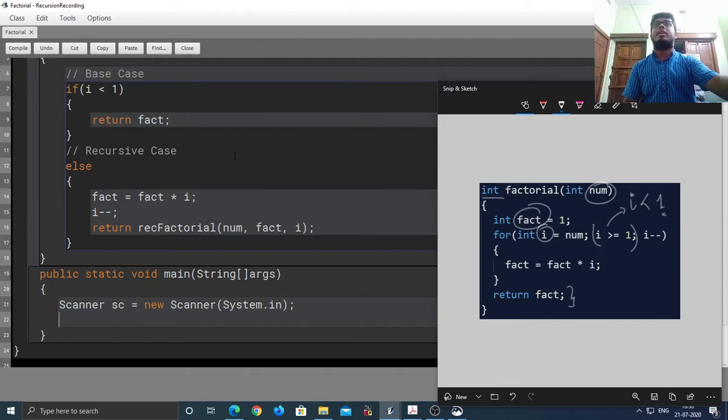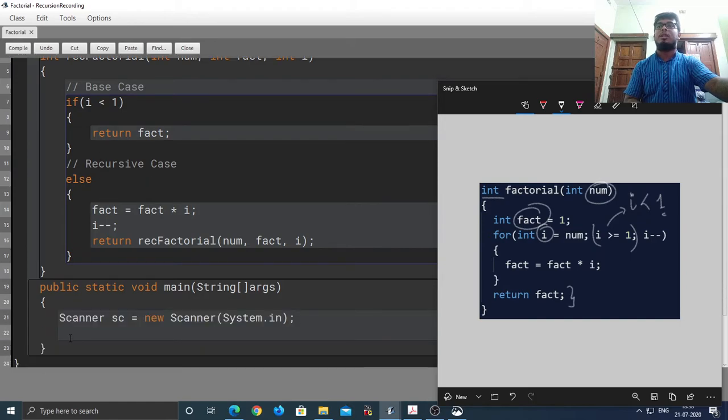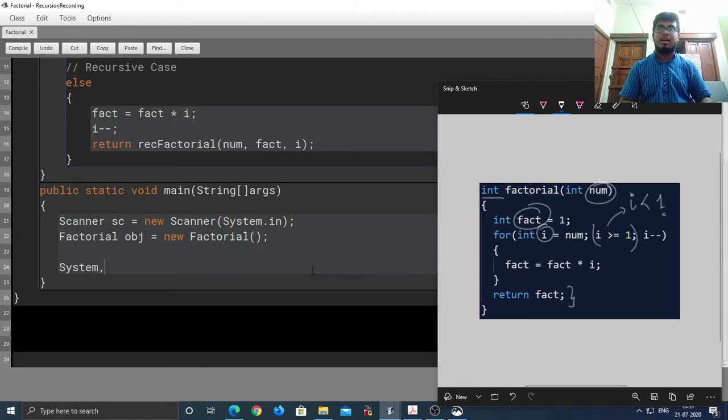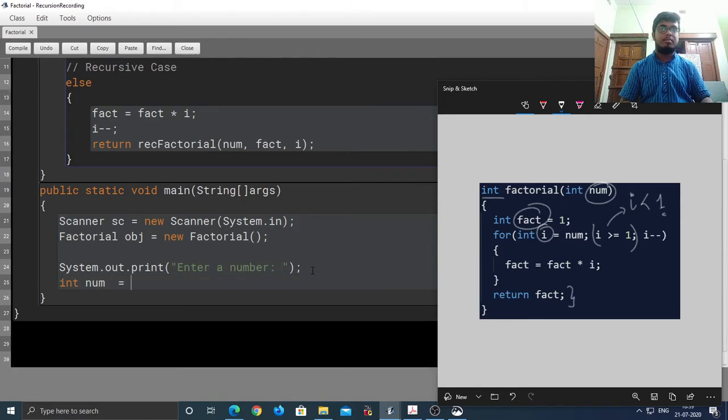Then we need to create an object of this class, Factorial. So we say obj equal to new Factorial. Then we need to take integer input. System.out.println. Let's give the user a prompt: enter a number. Int num equals